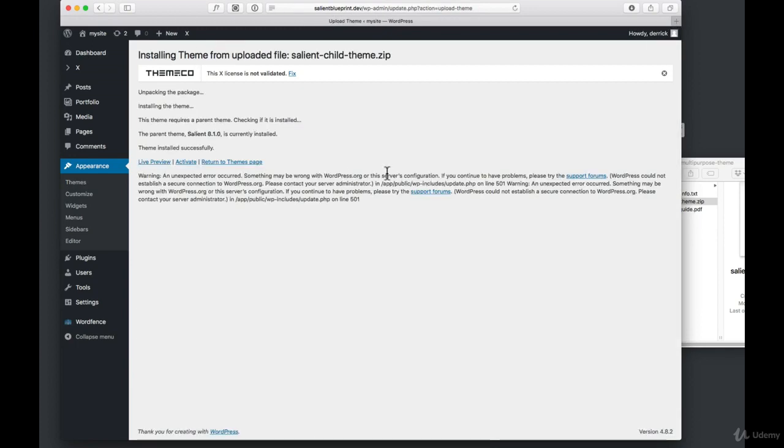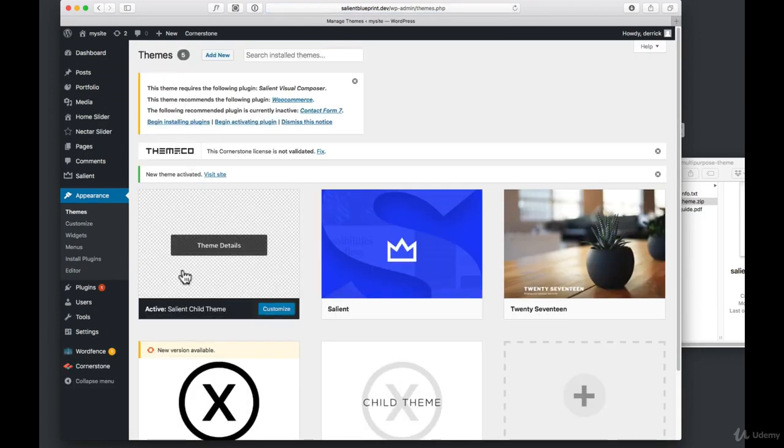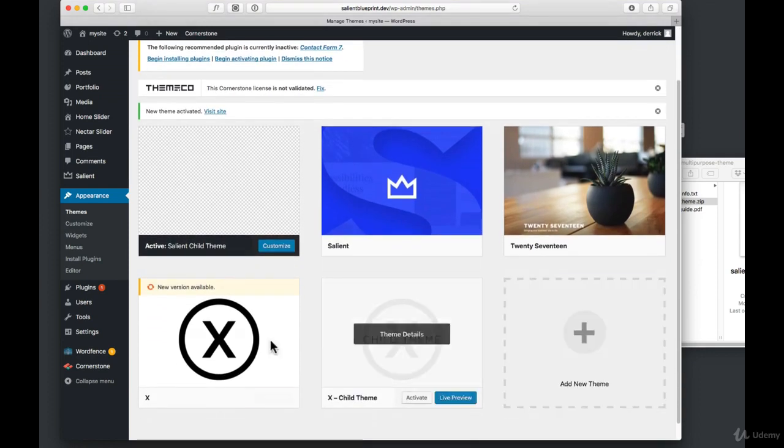All right, and once that's done, we are going to click Activate. And now my Salient child theme is the active theme. So let's do some housekeeping here. We've got a few things to look at. This theme has some plugins that come with it and that are required for it to function, so we've got to get those installed. And while we're on this themes page, let's go ahead and clean up these themes that